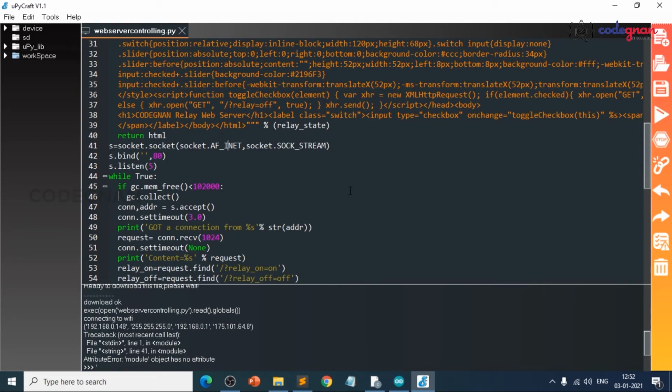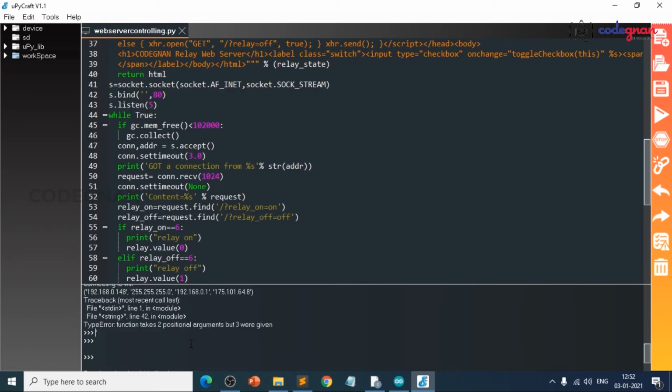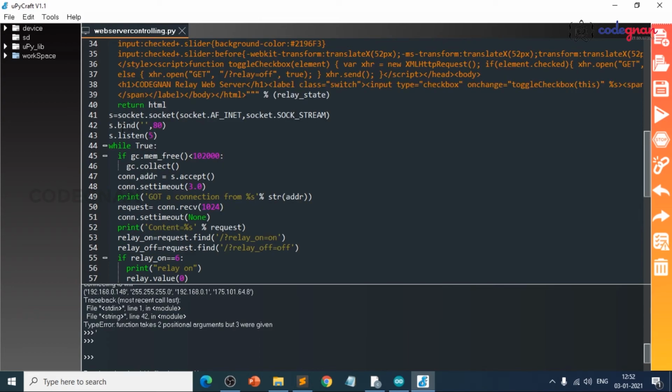While you are typing, we need to look at the syntaxes and spellings here. Line number 42. Save the program. So it should be separate one.